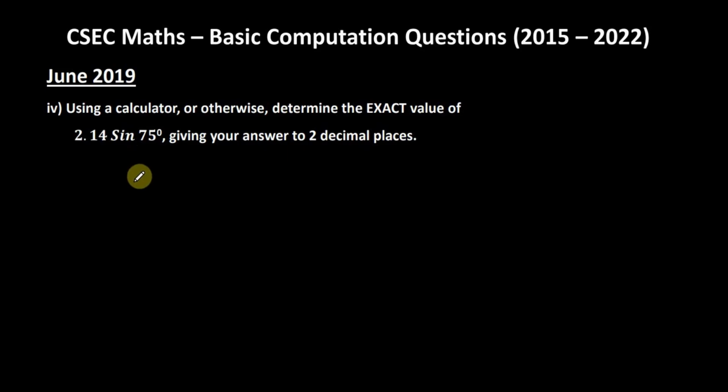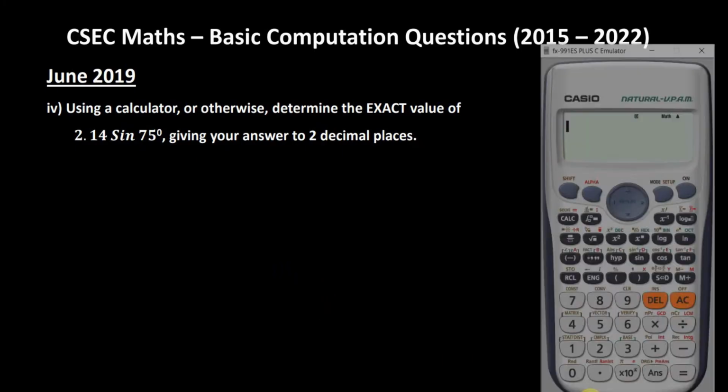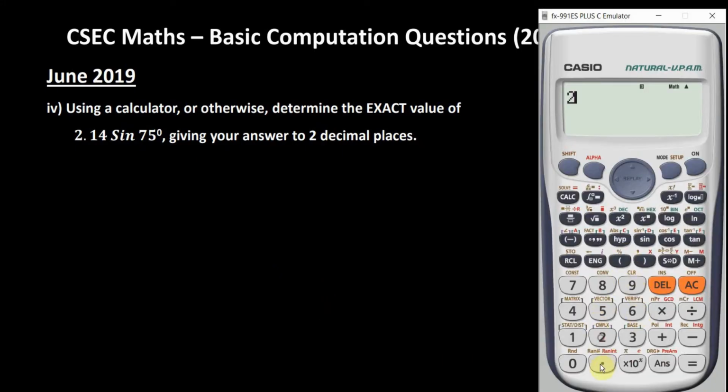Now we're looking at the question from the June 2019 paper, and it reads, using a calculator or otherwise, determine the exact value of 2.14 sine 75 degrees, and they want us to give our answer correct to 2 decimal places. And again, they did say using a calculator, so we're going to bring up our calculator here, and there we go. So we have 2.14 sine